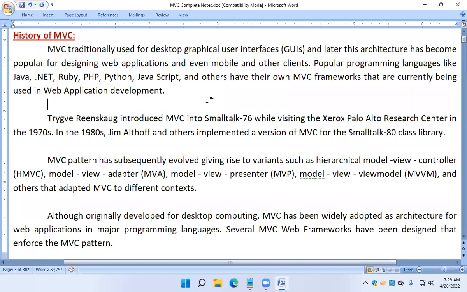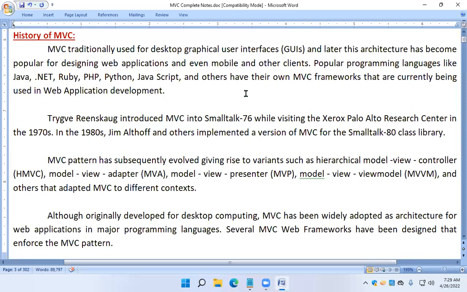Initially, they did not think about web applications while designing it. What they thought about was designing desktop graphical user interfaces. And today, even by using this, we build mobile applications also. Web applications and mobile applications.